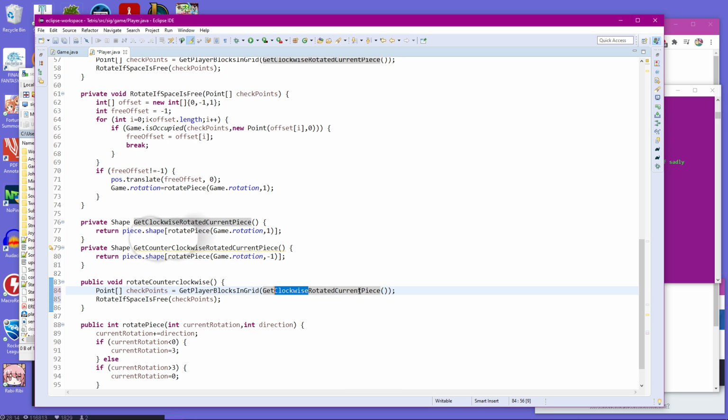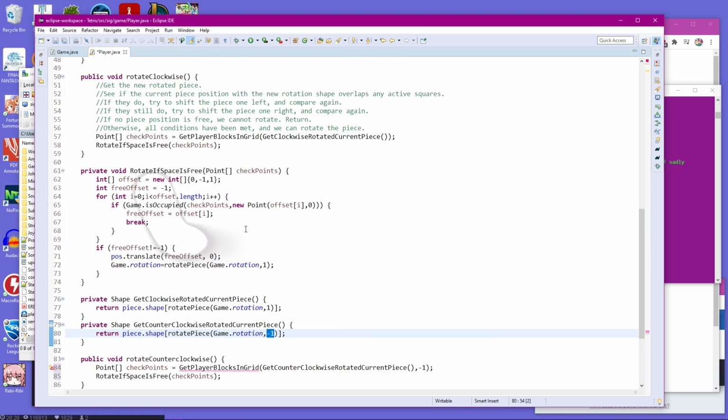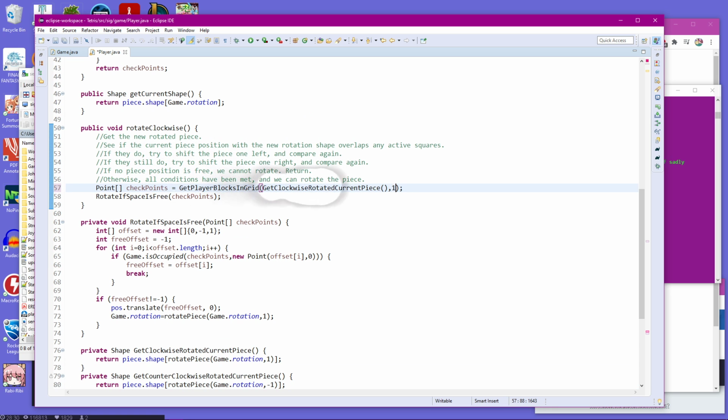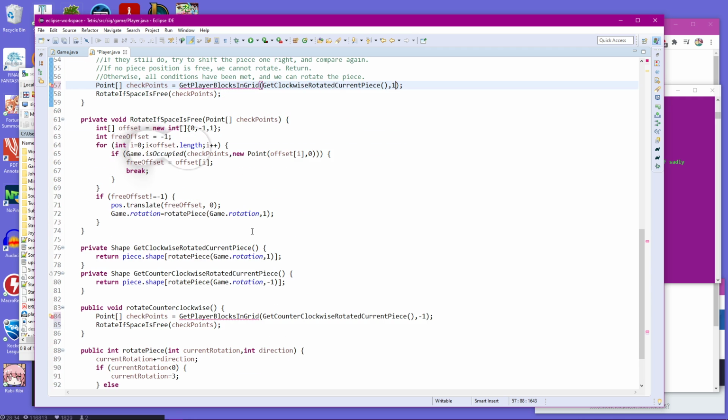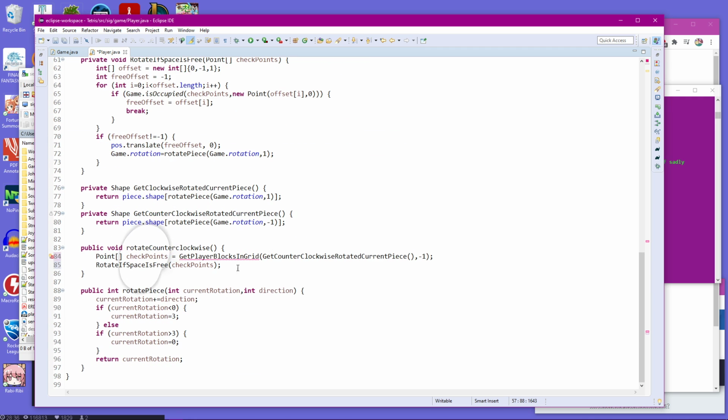Like for example, if I type in counterclockwise here, and then I'm gonna be typing a -1, well, -1 is also needed here. So seeing two arguments that are the same, and thus if I type up here, I'm gonna be putting a 1 because I'm gonna be satisfying this argument where I say get player block is in grid,